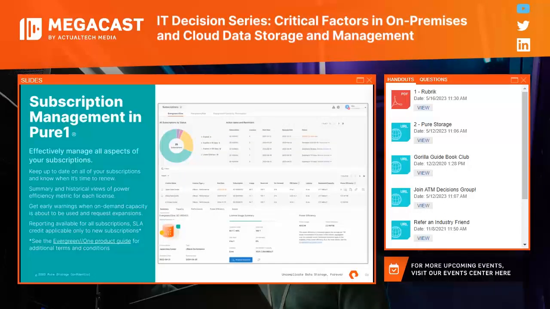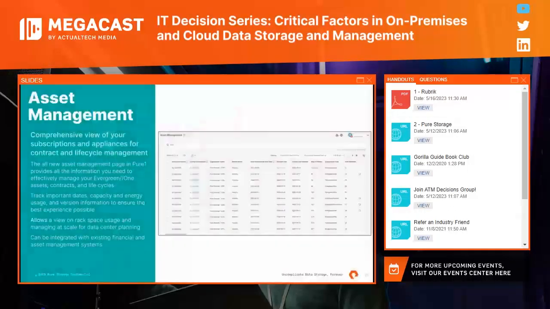Not only will you get details on upcoming renewals, but you'll also get details on your usage. By analyzing your historical utilization data, Pure One can predict when you'll exceed your reserve capacity and start consuming on demand. Additionally, you can see the impact of expansions to when you can expect to consume on demand, so you avoid overspending, and you can even request a quote right from within Pure One. Other details include performance metrics and your energy efficiency, so you have visibility into how well we're delivering on your